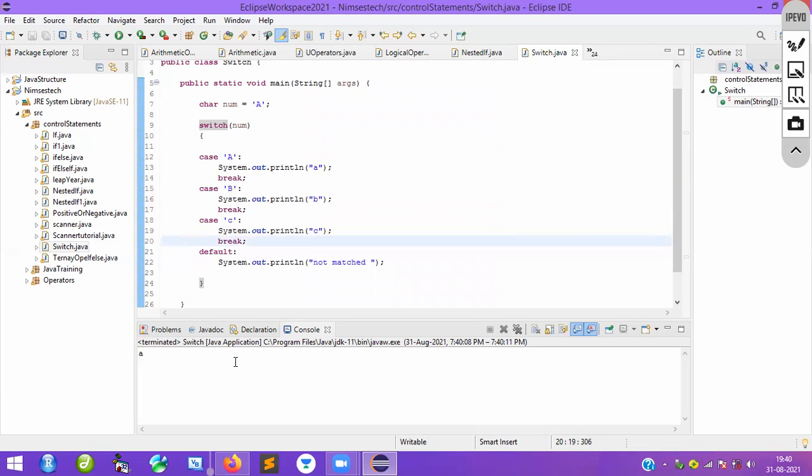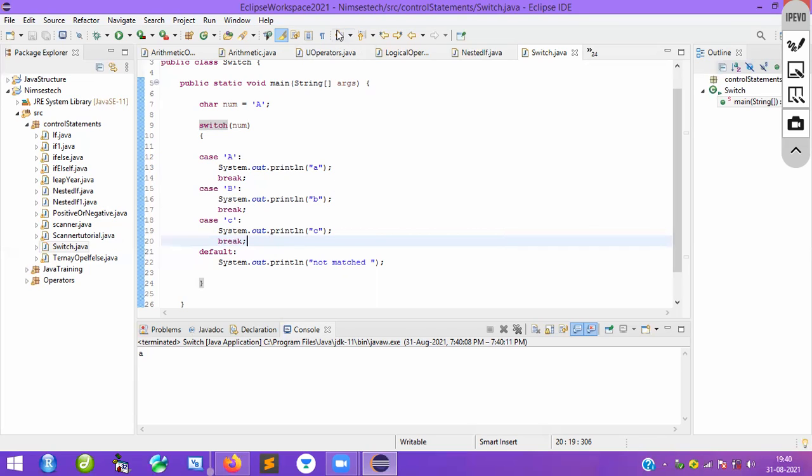So basically you can find consonants or vowels, then you can use this. A, E, I, O, U, again small a, e, i, o, u. When you mention all those vowels in the cases, it will say that these are all vowels. What is the default statement? If you enter other than vowels, it will give you consonant. That is also possible. You try with that, and you will understand. Clear guys, anybody have doubts?